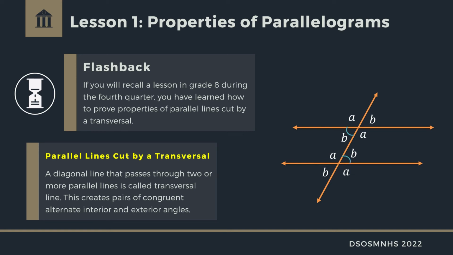The first to see is angle B. So the two angle B, which are found inside the two parallel lines, are what we call the alternate interior angles. Another alternate interior angles are angle A, which are also found in between